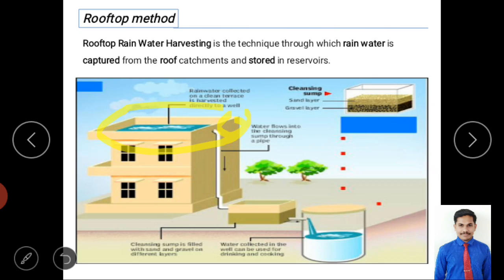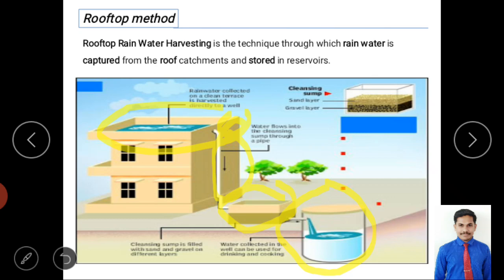Then we use piping connections or conduits to carry water from the higher level to a lower elevation, on the ground. Then we provide a filter to remove suspended and dissolved particles. Then we store it in an underground tank to use it, or even make groundwater recharge. This is what is entirely called the rooftop method.